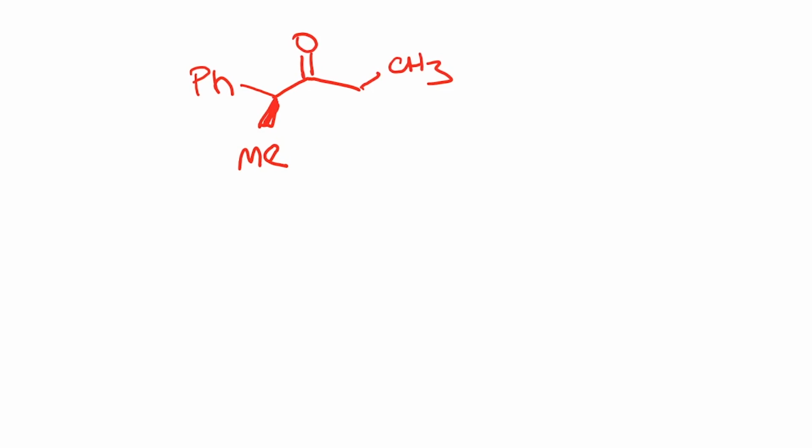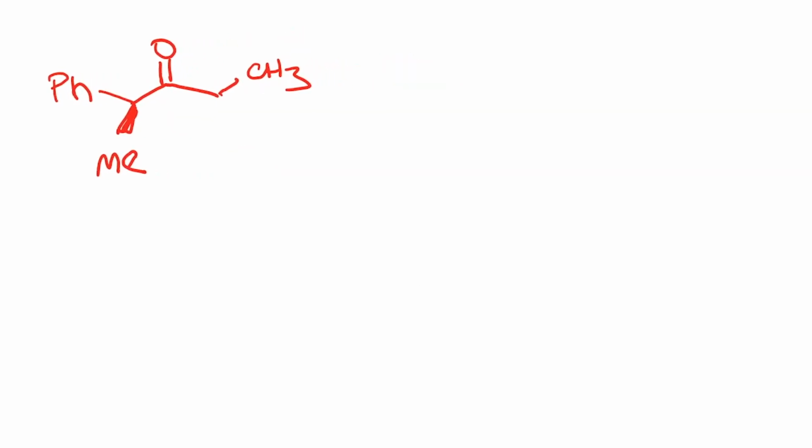If we add sodium borohydride or lithium aluminum hydride to this compound, again, if our previous observation was correct, when we add a source of hydride, we should get a 1:1 mixture of the two compounds. So let me draw out the two compounds over here. So we have Ph, Me,